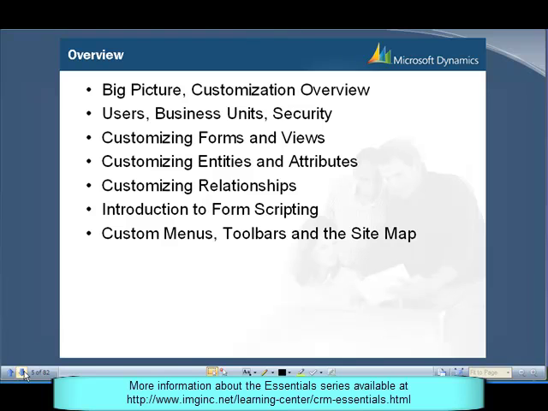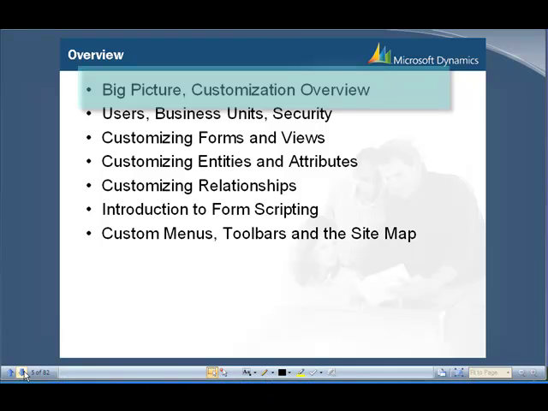Now, let me give you the roadmap of what we're going to cover in this session. First thing that I'll start with is big picture customization overview. I want to talk about why Dynamics CRM is such a good platform for building custom applications on, and in particular why it's come to be referred to as the